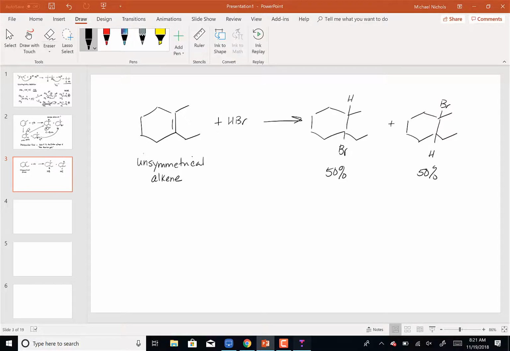So let's take a look at these two molecules. Do they have chiral centers? Wait, that was like 3 chapters ago. Yeah, well. This one has 2 chiral centers, correct? So that actually means,